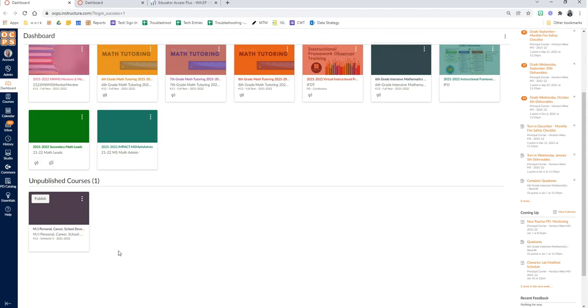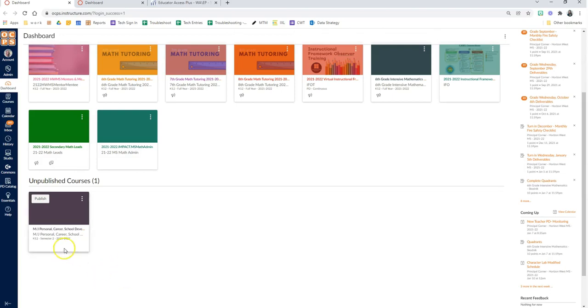And Mr. Flanagan can explain the logistics behind why this has to happen, but essentially those new students cannot see any of the information in your traditional course. They can't even see a course exist on their end. So if you see an unpublished course pop up, that means you have a new student in that class period, and these are the steps that you're going to need to follow in order to merge it to your traditional